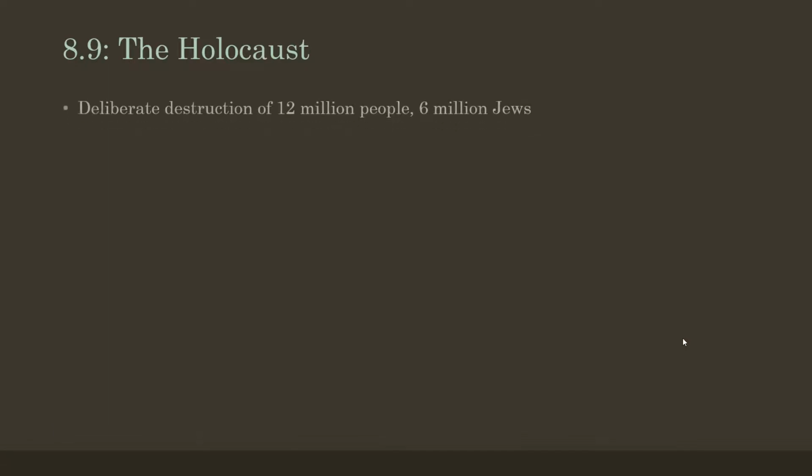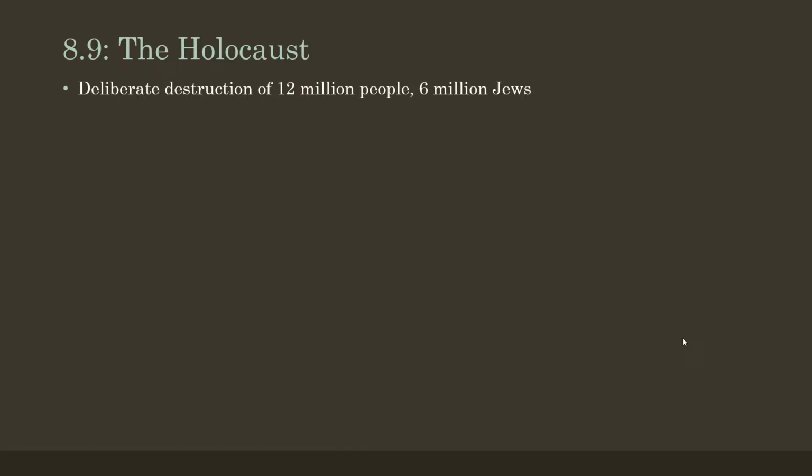So the Holocaust happens during World War II, but it is often separated out into its own field of studies. And this is because the Holocaust is really separate from World War II. There are some commonalities, of course, but the Holocaust has its roots elsewhere, and the Holocaust begins in many ways before World War II. The Holocaust, I think you know, is the deliberate destruction of 12 million people, 6 million